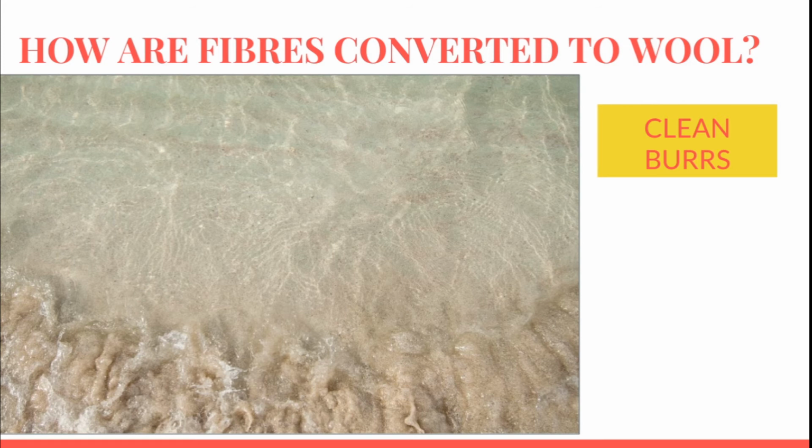And you also find the burrs on the sides of your woolen sweaters, where the arms and the side of your stomach rubs with each other. You find small circular burrs on the sweater, which you can just peel off from the sweater. So these are the similar kind of burrs you find in the fibers you get from the sheep. So these are removed from all the fibers you have sorted out.